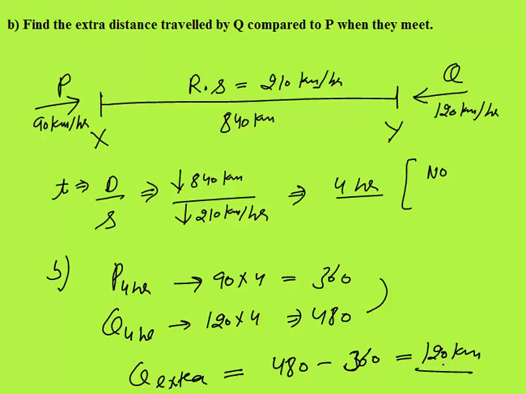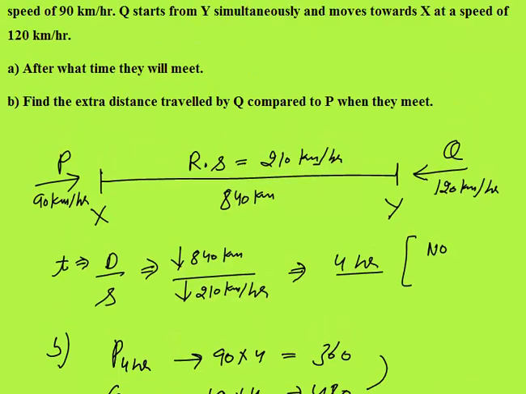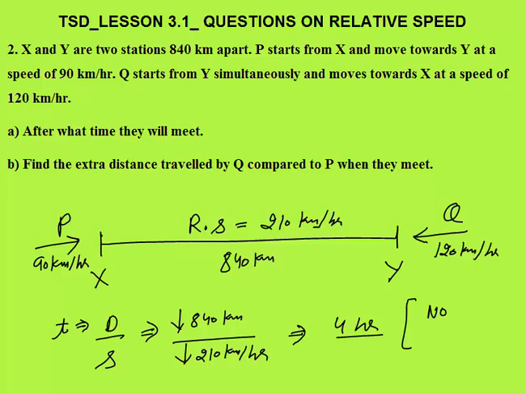For 4 hours they are traveling. So 4 hours extra would be 30 into 4, 120. So in this way you have to solve these kinds of questions verbally. If this question comes in exam, I will solve it verbally without writing, and that is what you need to practice. First you should try to write minimum and try to solve, then you should practice verbally.